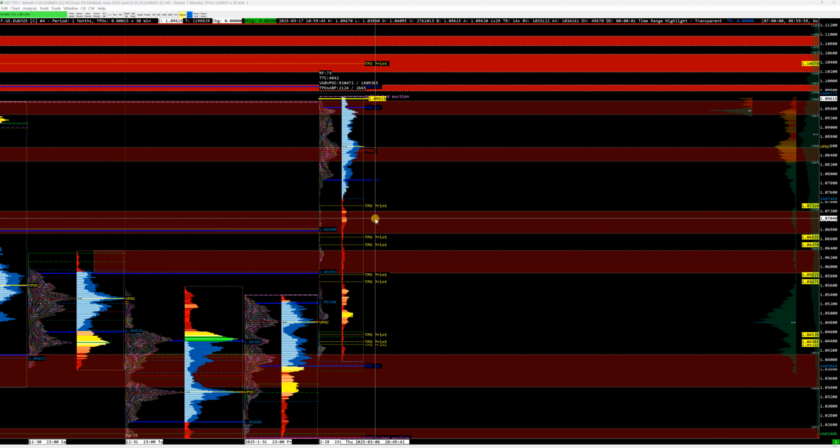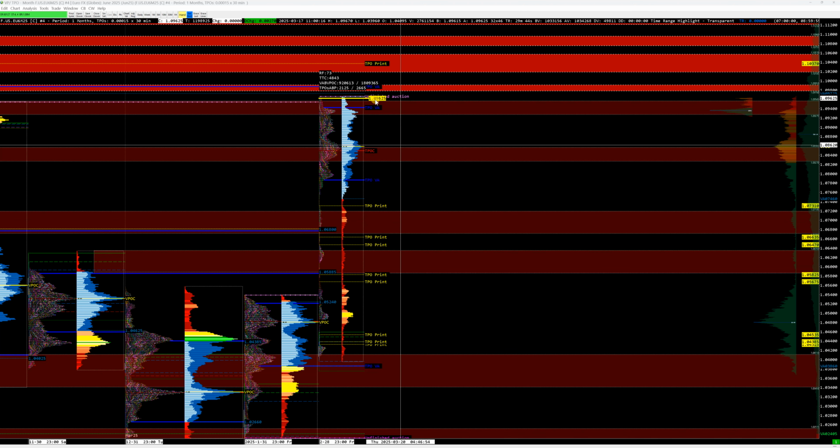And again, it doesn't mean that because there's a low value node somewhere, or a single print somewhere, or unfinished business somewhere, and we go back there, or near there, that we will definitely go back there. But at least it can be used as a plausible scenario, certainly an option. So if you look at where we are here, we are all the way at the top of this monthly, since this is March, okay,